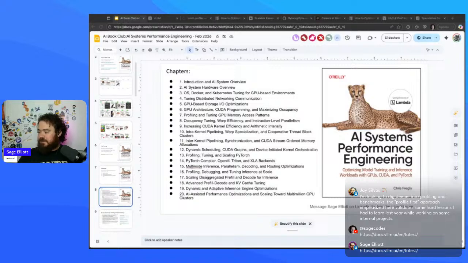Oh, and I do see one from Jay that he says he's looking to dig deeper into profiling and benchmarks. The profile-first approach emphasized here validates some hard lessons I had learned last year while working on some internal projects. Yeah, and I think they have a good format. It depends on what you're doing, but for a lot of people, probably the built-in profiler and then try out the built-in compiler. Again, that might not work for your application every time, but probably interesting for you to look at. And built in PyTorch, so you're probably running stuff in PyTorch,